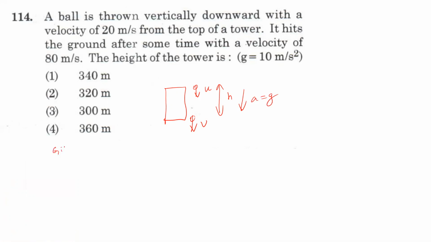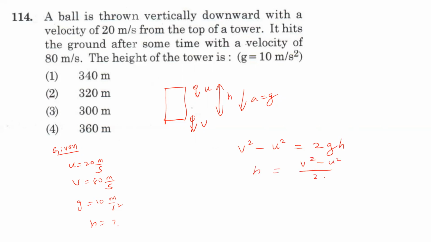What is given here? Initial velocity is 20 meters per second. Final velocity is 80 meters per second. g is 10 meters per second square. They are asking the height of the tower. The initial velocity, final velocity, g and h are related by the equation v square minus u square is equal to 2gh. By substituting the values, h equals v square minus u square by 2g. Now v square is 80 square, u square is 20 square,